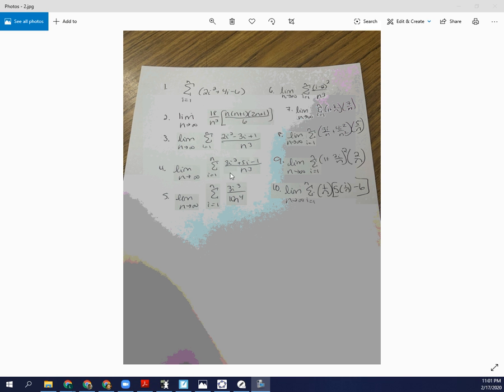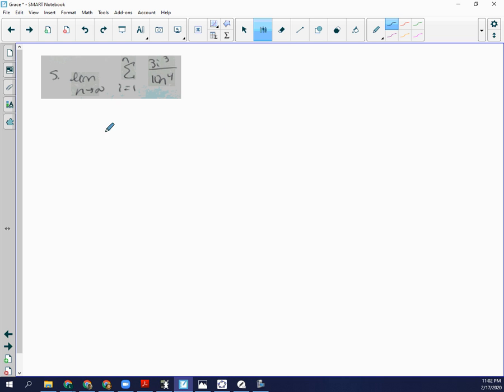Number 4 looks very similar to number 3, so let's jump to number 5. So once again, we're going to pull out that n to the fourth there. I'm going to pull out the coefficient with it. So limit as n approaches infinity of 3 over 10n to the fourth times the sum from i equals 1 to n of i cubed. And the i cubed from the formula,